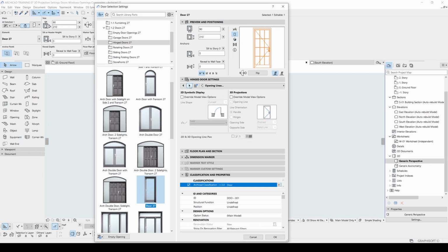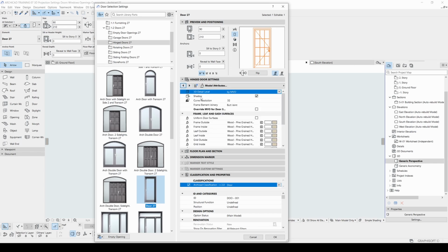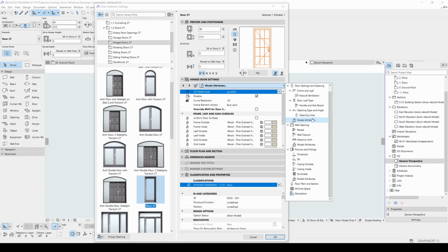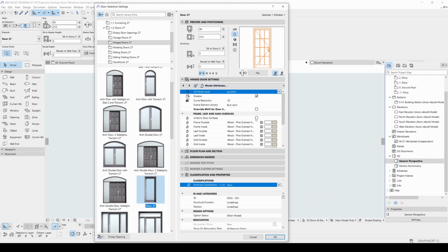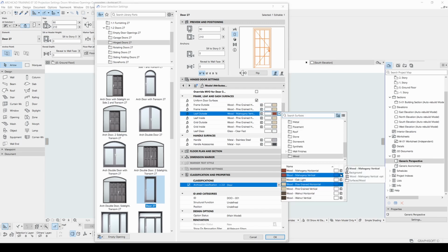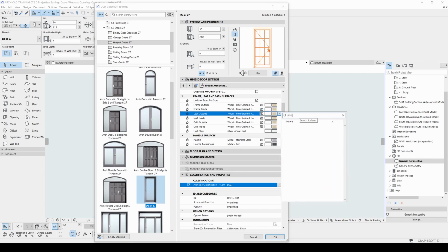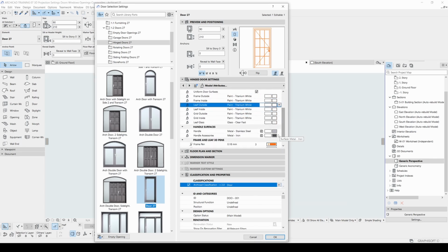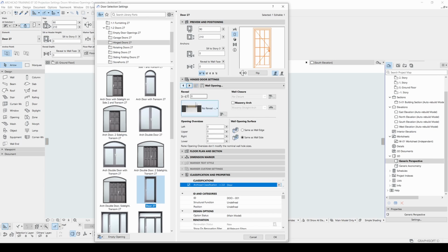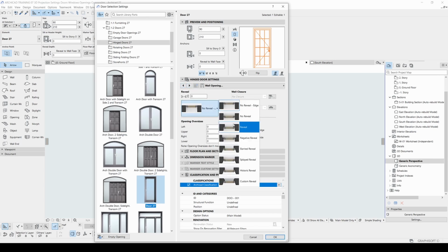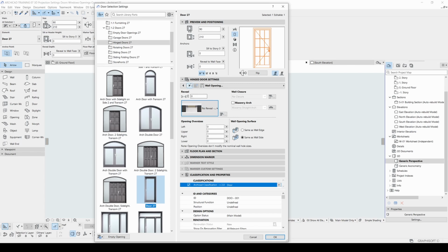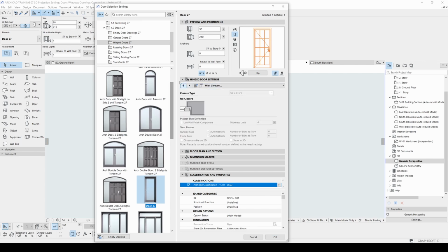For instance, I want to change the texture, therefore I'm going to go to model attributes from this list, and I will click this uniform door surfaces, and for instance I will make this white. I'm going to search for something white, and maybe titanium white we can use. You can change the handle surfaces, and you can change reveal model and their opening oversizes on the floor plan. You can fix them